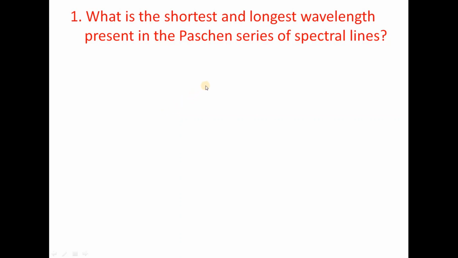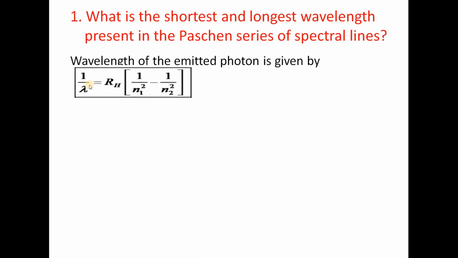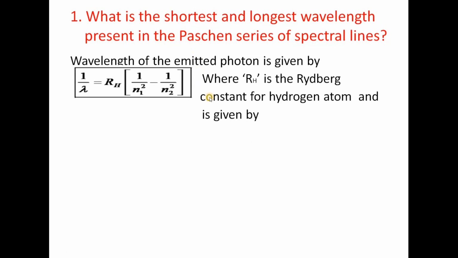So when a photon is emitted, the wavelength of the photon is given by 1 by lambda is equal to RH into 1 by n1 square minus 1 by n2 square. Now, there are two parts here. You have to calculate the shortest as well as the longest wavelength. So for the shortest wavelength, the frequency must be highest. So to get the highest frequency, what you have to do is